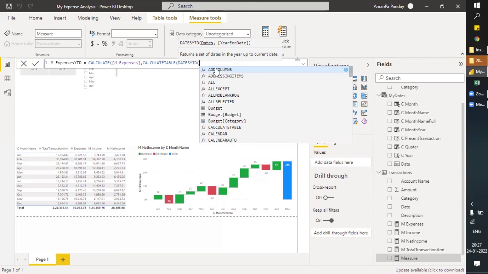Whichever date we mention in that, it will automatically create that date list. If I mention 1st of March 2020, it will create dates from 1st of March till today, till the current date.